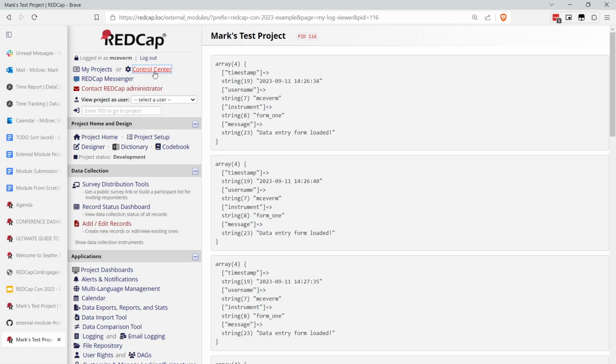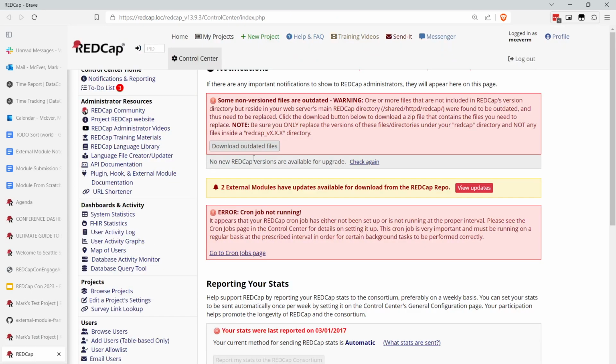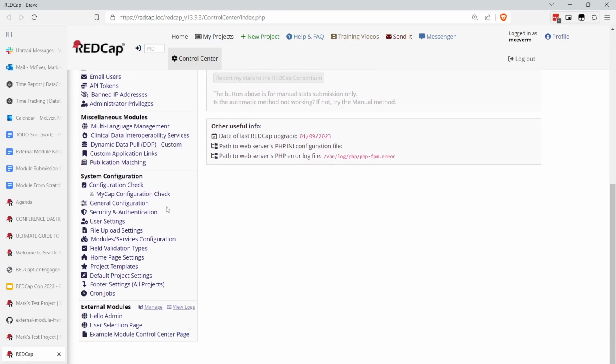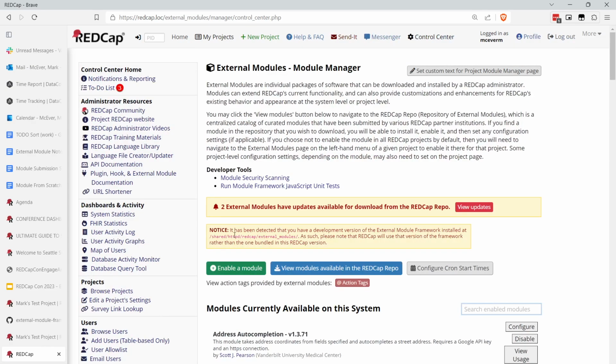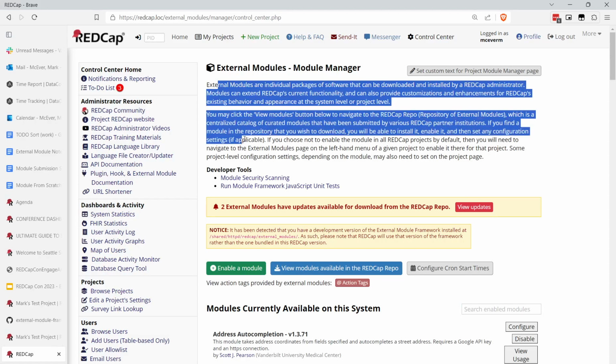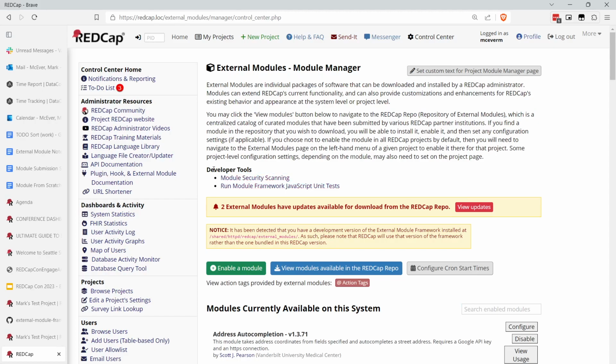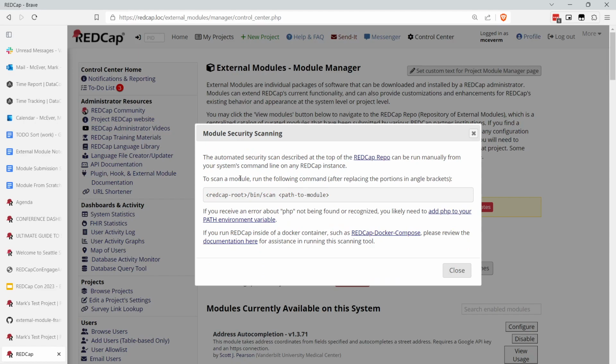So if you go to the submission survey, it will tell you to go to the control center. And I am going to bring that up real quick. Control center, external modules manage page again. I forgot there's a scan within the control center. You'll notice that in this intro on the modules page, there's also a developer tools section with module security scanning at the top. If I click that, it will give me a quick example of how to run the scan